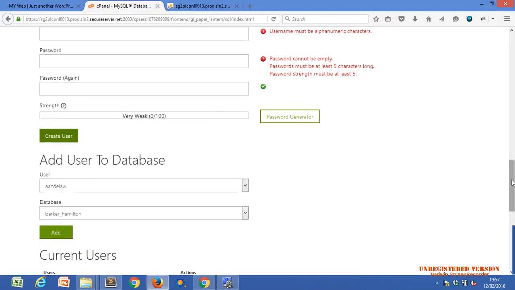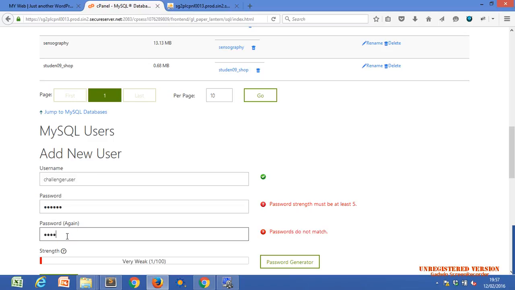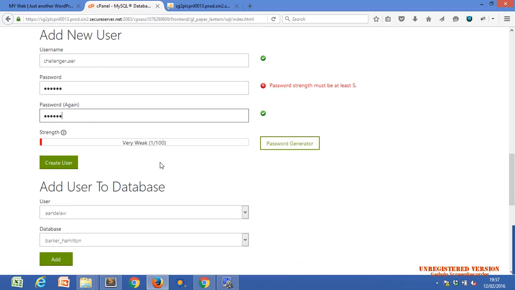We have to put the username and password. Use any username, like challenger user, and any password, the same password. And if you click,